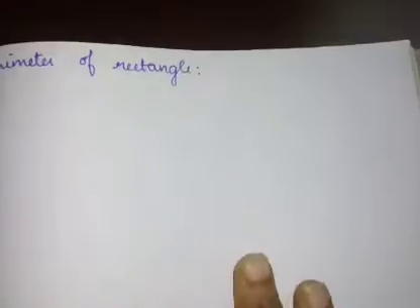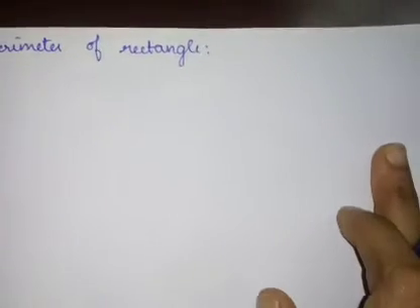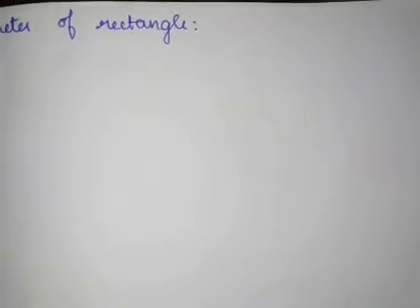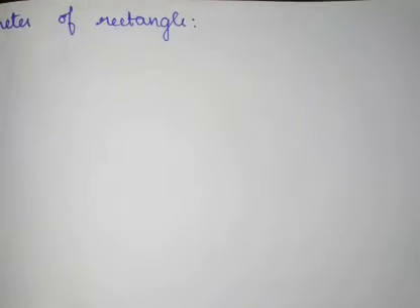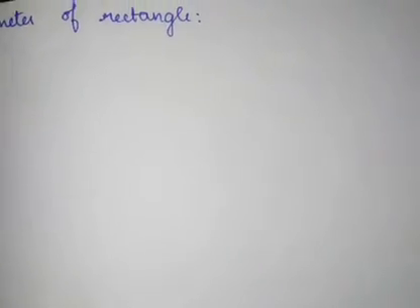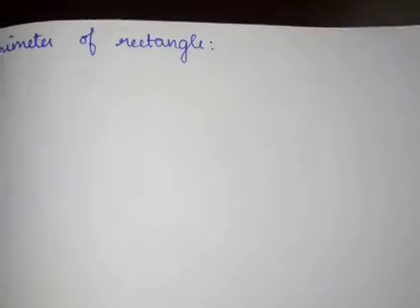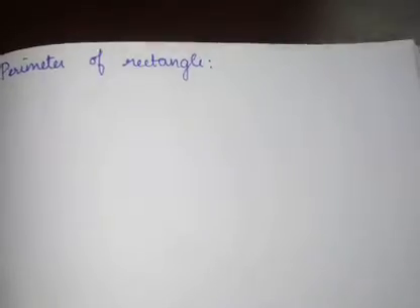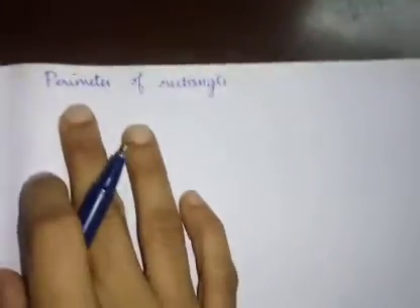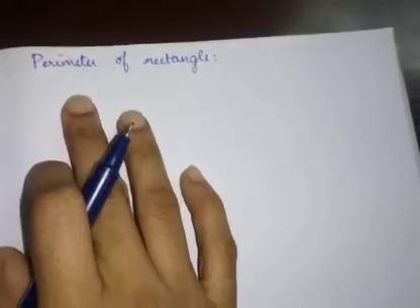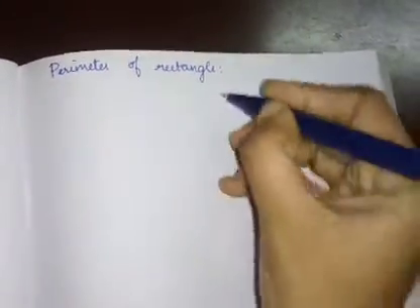The next concept is the perimeter of a rectangle. In this chapter we'll have a few formulas and we will use those formulas to find the answer. But I will teach you how that formula has come. We should understand how the formula has come, then only we should substitute it, not learn the formula directly and just vomit it. You should understand how that formula has come. Now we are going to derive the formula for the perimeter of a rectangle. What is the shape of a rectangle? How will it be?